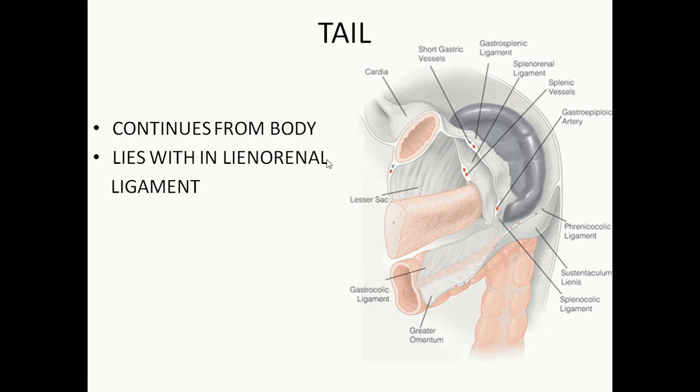when it is closely related with the tail. See, this is the pancreas that is getting related with the spleen. This grey structure is the spleen, and in this structure you find a ligament here, right? This ligament is called the lienorenal ligament, and you also find a curved structure here. This is the splenocolic flexure of the transverse colon. So this is the transverse colon, this is the splenocolic flexure, and here you get the descending colon. So the colon will form a bend there below the spleen. These are the structures that you will be able to find near the tail.